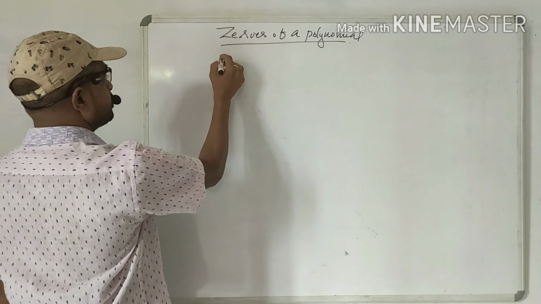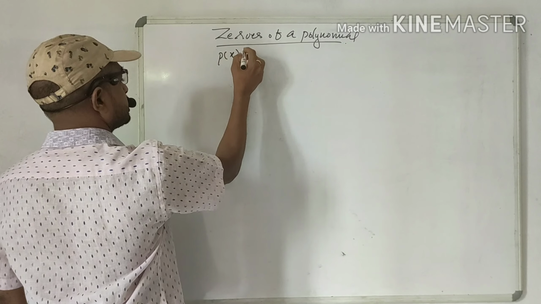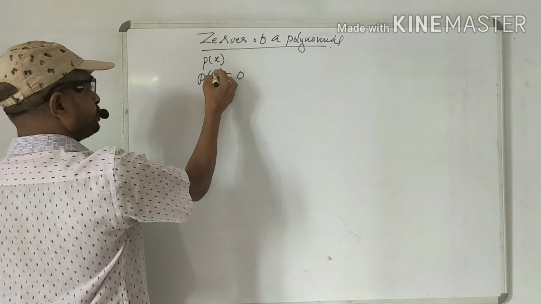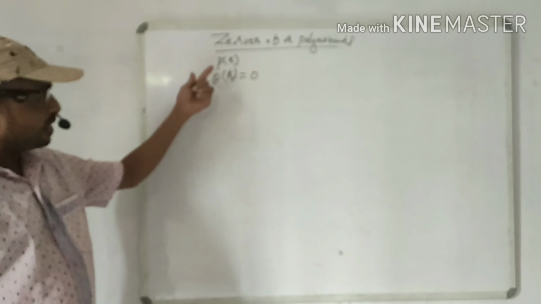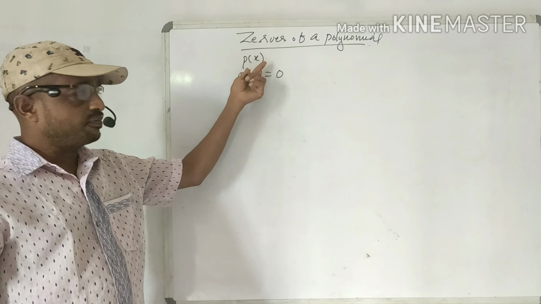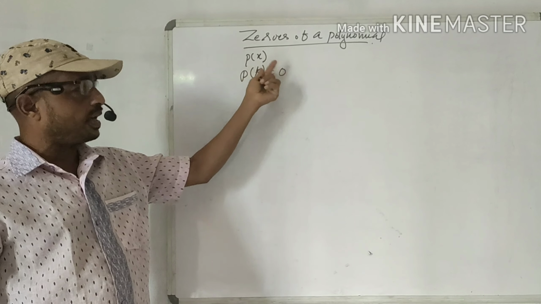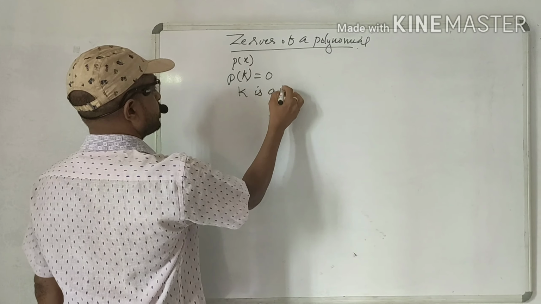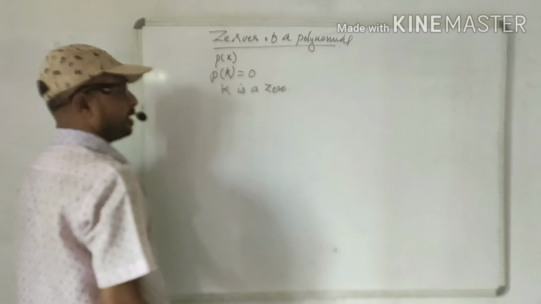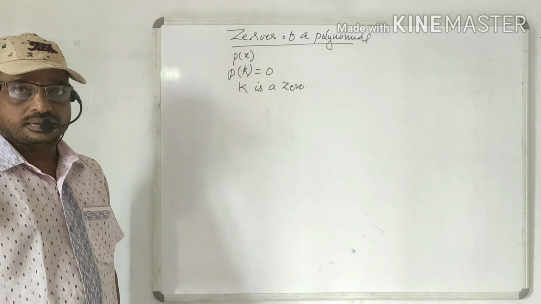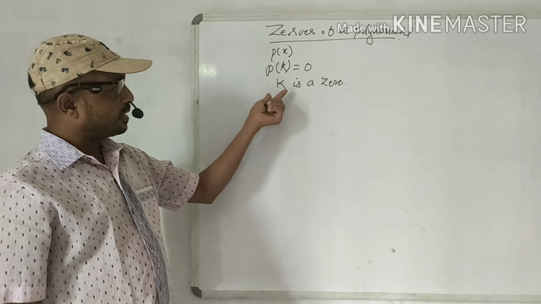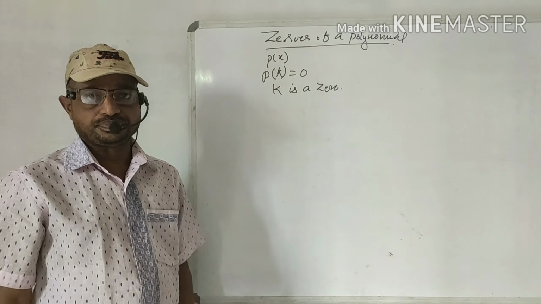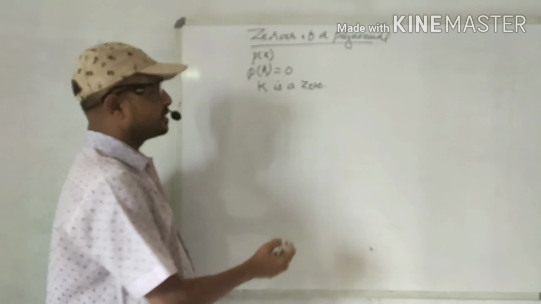See, suppose we are given a polynomial p of x, and let us assume that p of k is equal to 0. We are given a polynomial p of x and we are assuming that p of some k is equal to 0. Then k is a zero of the polynomial. Or we can say that if k is a zero of a polynomial, then p of k will be 0. For example, let us consider